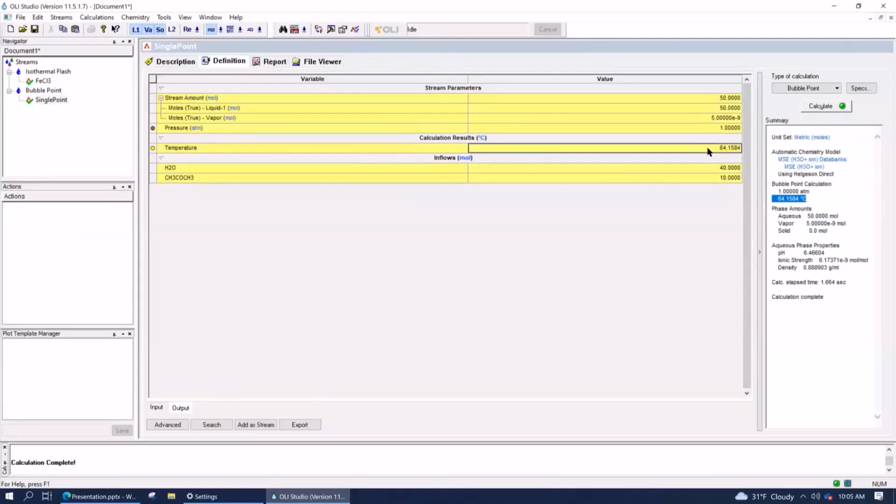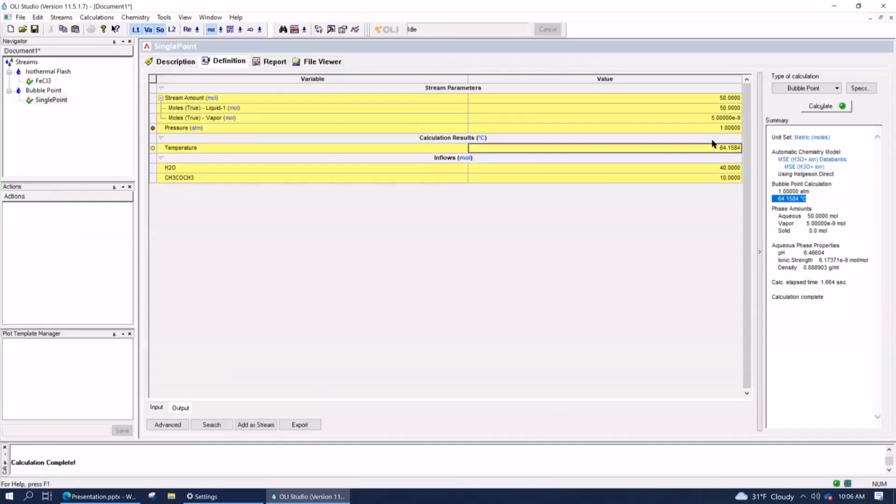So the 25 is just, I mean, is it just arbitrary then? Yeah, well, that's the default setting because that's standard conditions. So that's just the initial guess. You can always change the initial guess. And in some cases, it's really important. You could have a very complex system that's hard to find the global minimum. So you may, in fact, want to start with an initial guess, or maybe even a better initial guess than what we did there. But that depends upon the application that you've got. In some cases, the calculation's real robust and it can find the global minimum with no problem. Other times, not so easy.